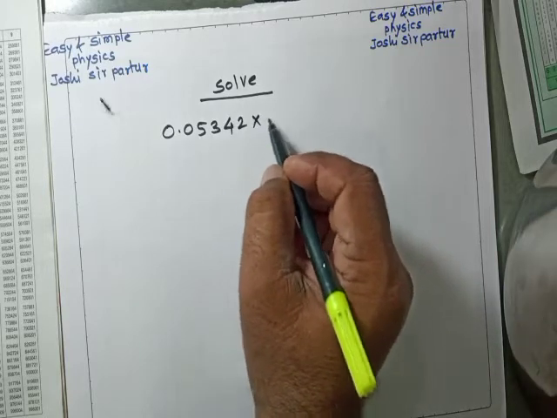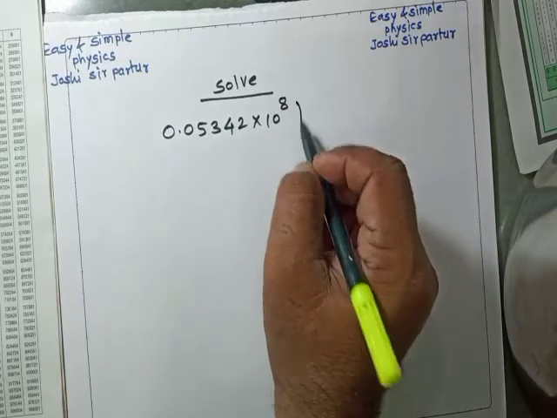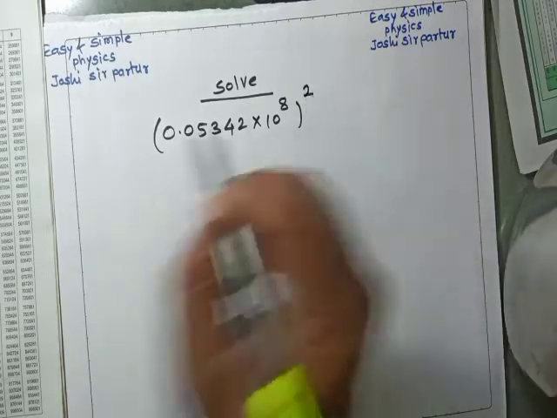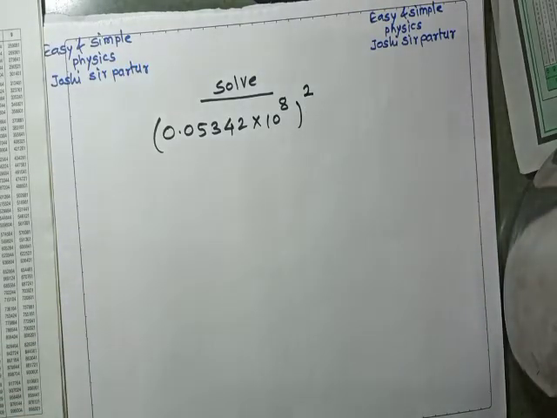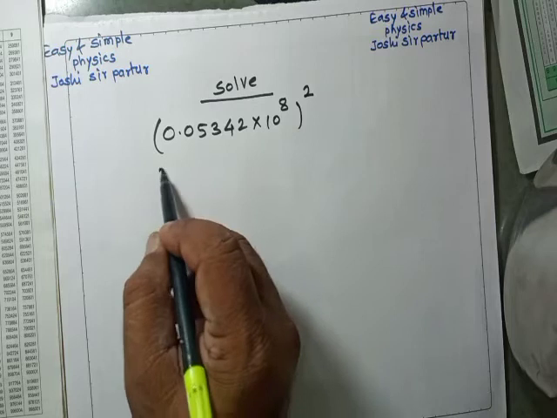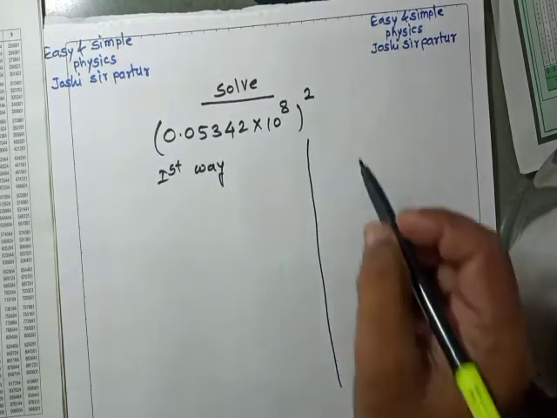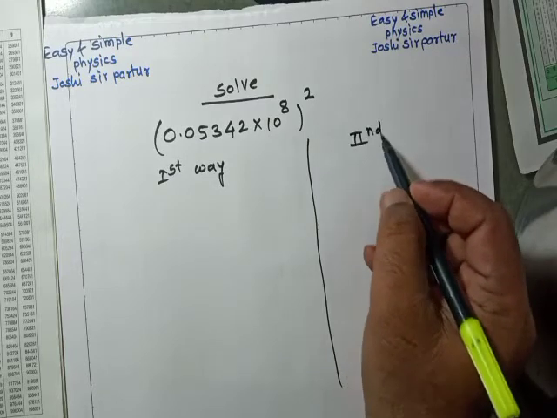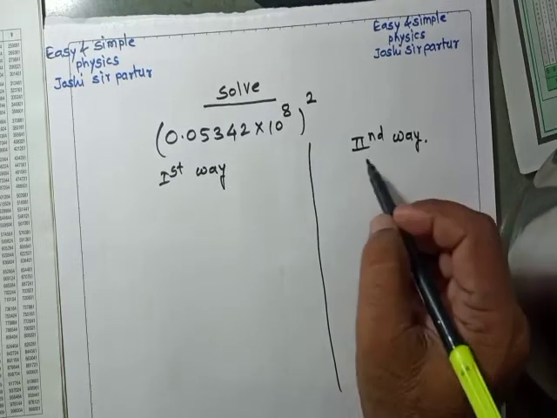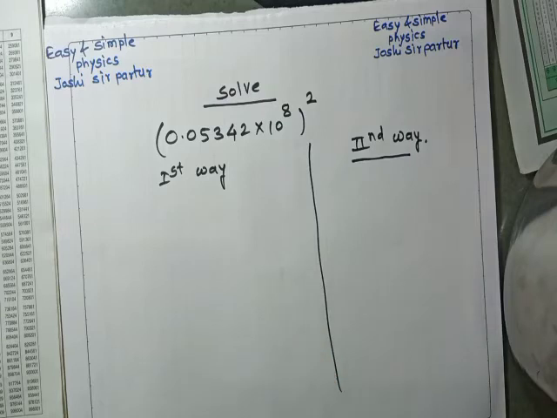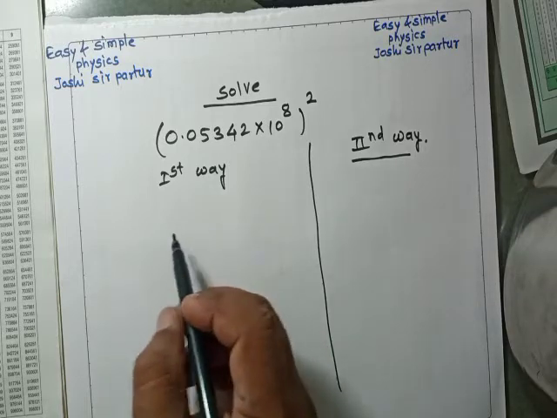0.05342 into 10 to the power 8 square. If the number is given, we can find out in two ways. Here, this is the first way, and here this is the second way. The second way is the direct method to see the square. But in the first way, we see that here